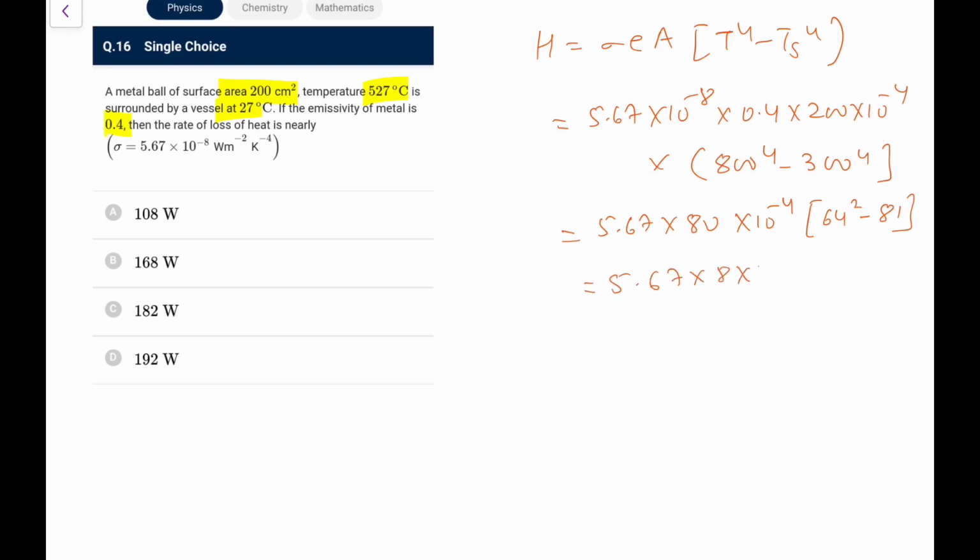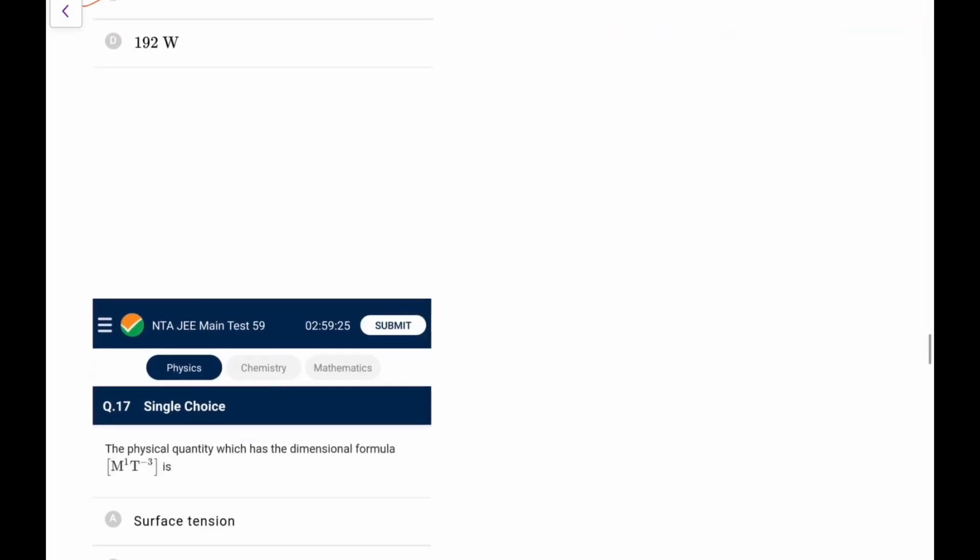So now what we are left with is 5.67 into 8 into 10 to the power minus 3, and 64 into 64, which is 4096. So 4096 minus 81 is approximately 4000, so the 1000 goes. 32 into 5 goes for 160, and plus 2/3 I'll add more, because 0.67 is 2/3, so 24. So 160 plus 24 is 184. So going for about 182, that would be the closest one I can go for. Next one.